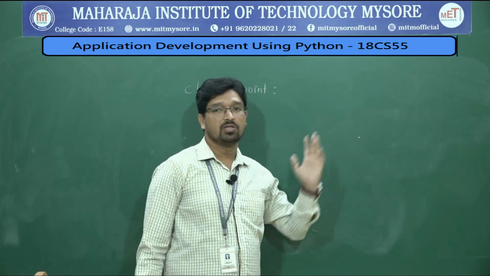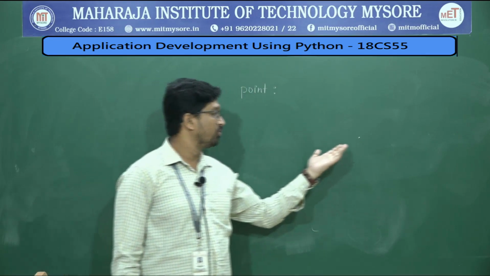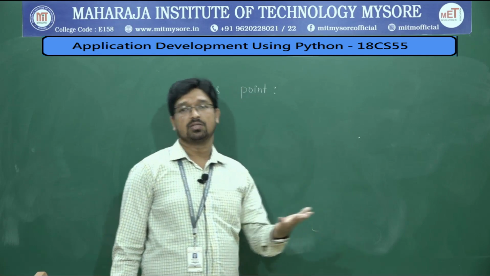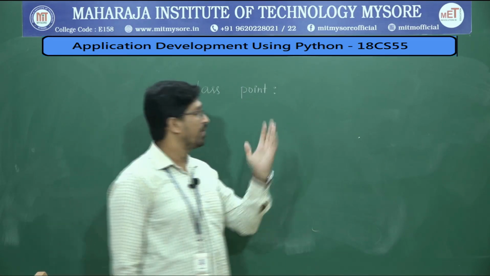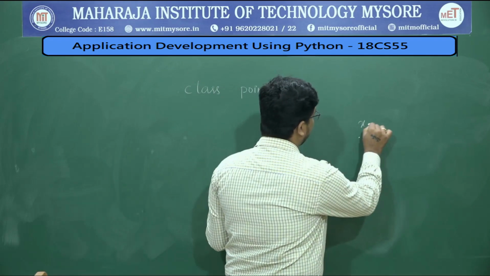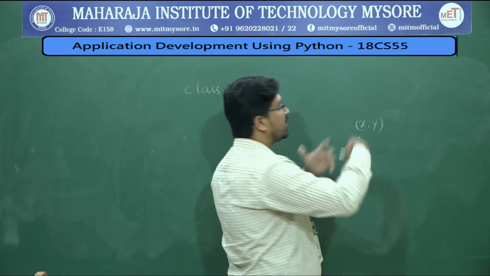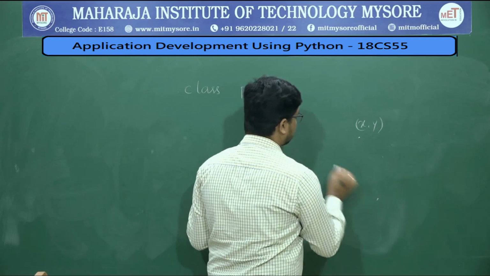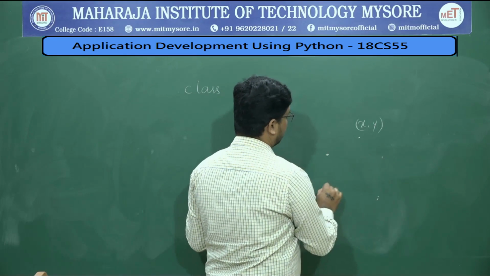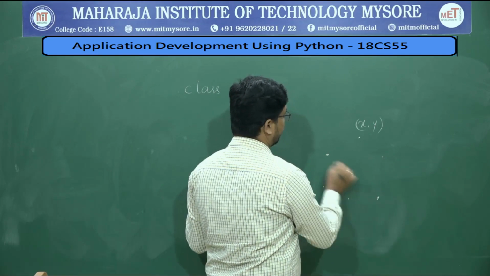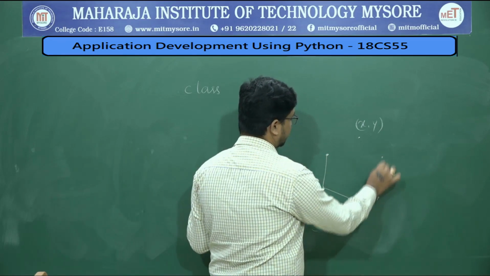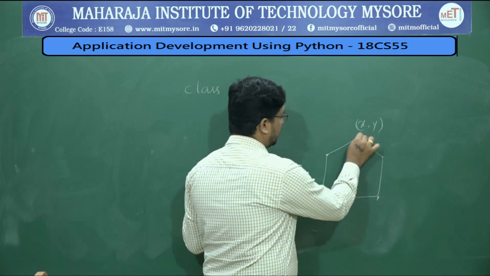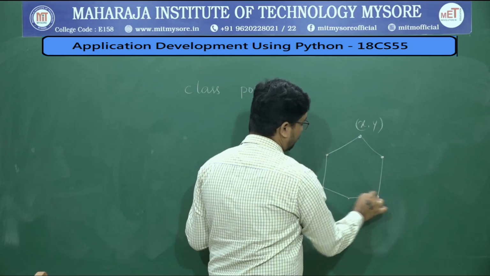What is the basic information for this point? It consists of coordinate values. What is the x value? What is the y value? That can be stored in a class. Let us say you have so many points on the screen, and you want to store all those points' information, because later in time you want to connect these points, but you need to have the point information.